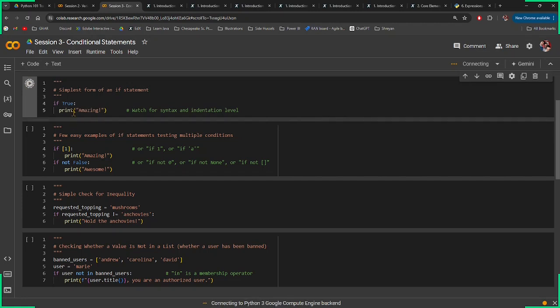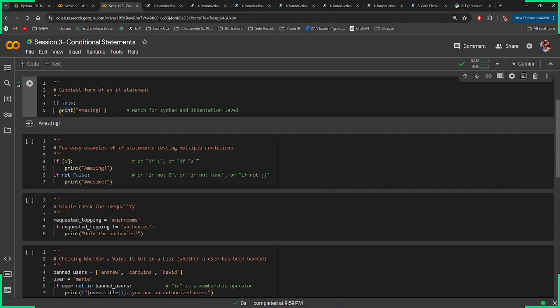But if you have longer pages of code, it is hard to understand, right? So it's always better to do a tab. You see this, I'm printing amazing, but I'm not printing amazing all the time. Well, in this case it's all the time, because the if logic has an expression that is always true. So what I'm trying to point out is, remember the two things I wanted you to remember. One is indentation, that is very important. Second is equally important, and that is